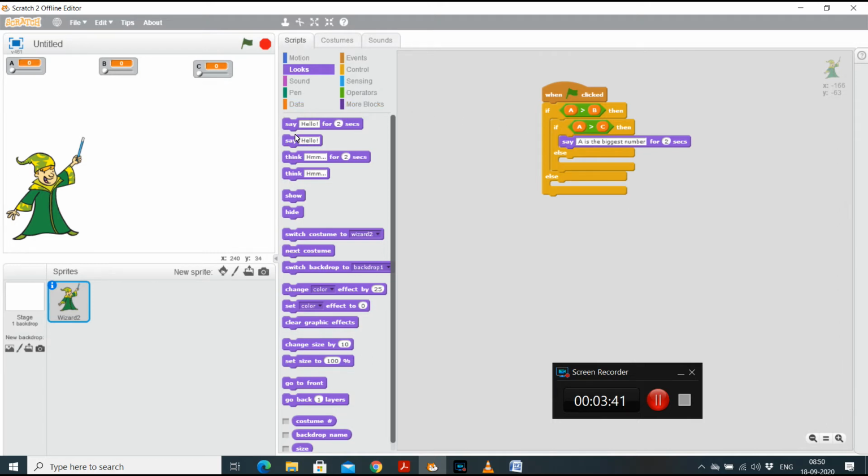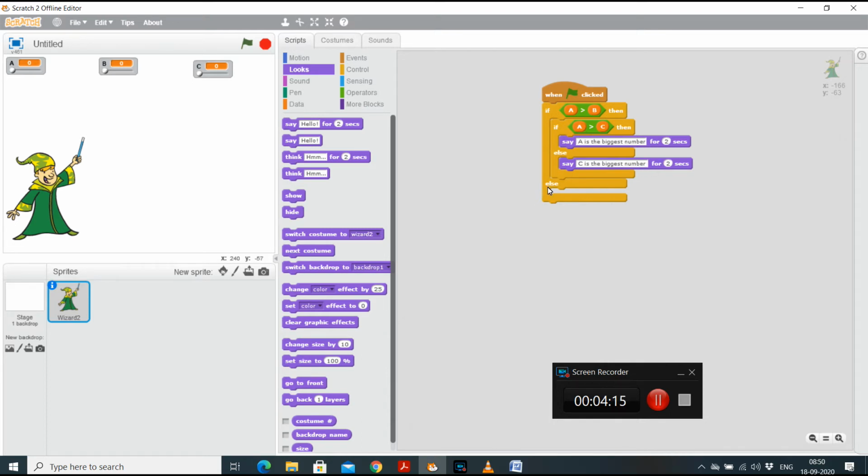So here we have to say C is the biggest number. We can see once again 50, 40 and 70. So A is bigger than B, 50 is higher than 40, but 50 is not bigger than 70. So naturally C is the biggest number. So we are displaying that.